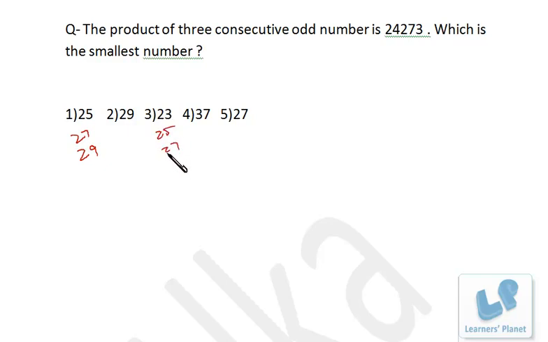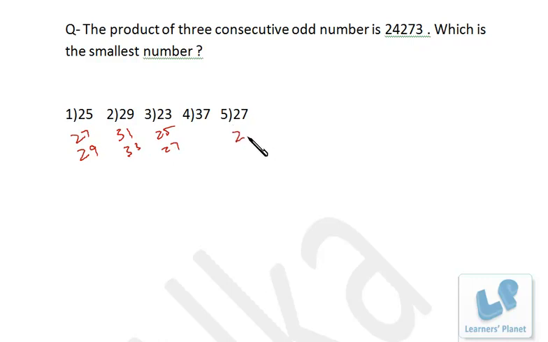See, you don't have to write, I'm writing it for your convenience, but you don't have to write it. Okay, so this is also not the correct one. Similarly, 29, 31 and then 33. So 9 3s are 27. The unit digit produced over here must be 7. So that's not correct, because here the unit digit is 3. So all the 3 are incorrect.